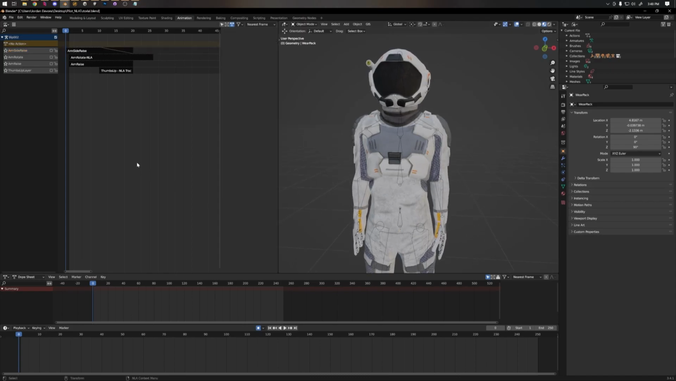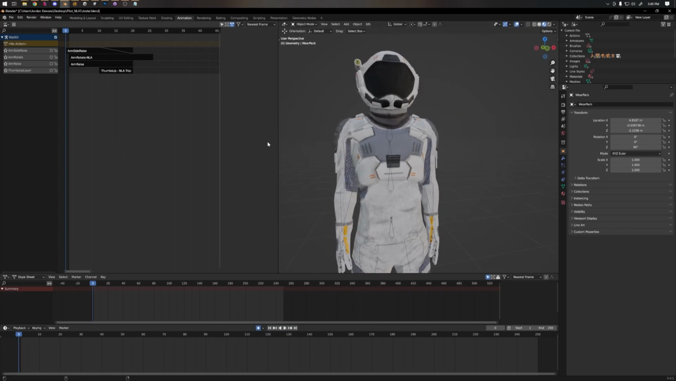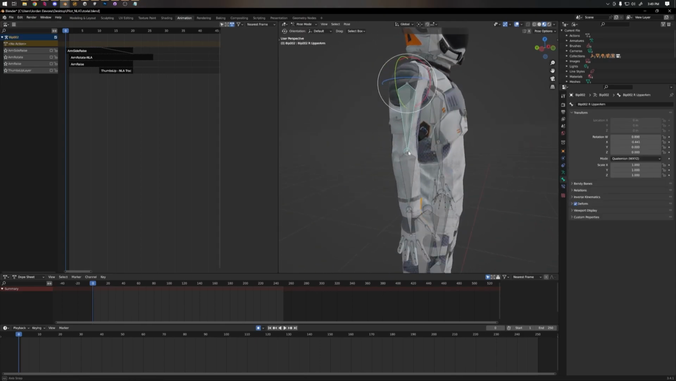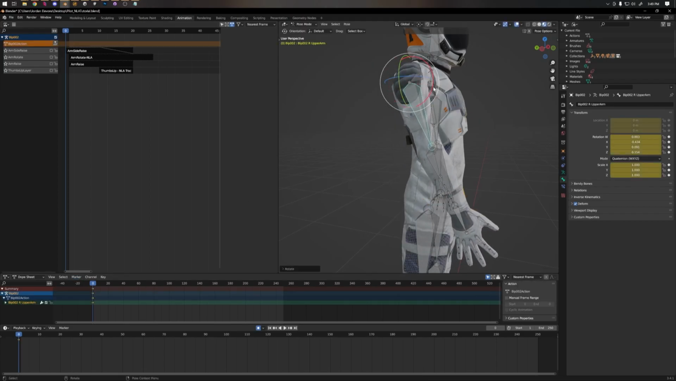So the NLA editor is non-linear animation, so basically it allows you to mix and match different animations in the same way that you would mix and match Photoshop layers. Actions are animations of an object. Any action is created when you insert a keyframe on an object. You can see here, if I rotate this, I immediately get keyframes, but then I also get this Byte002